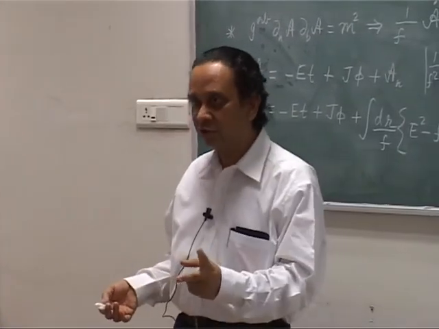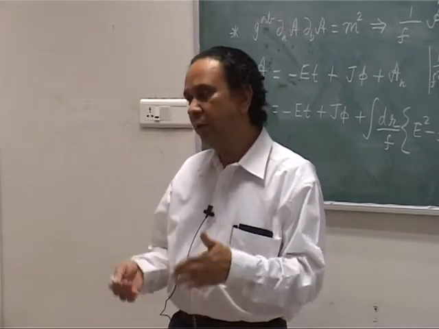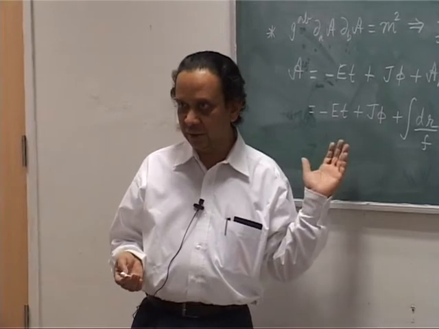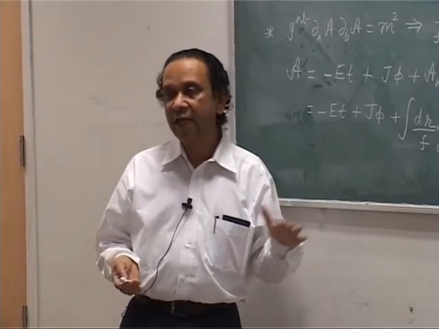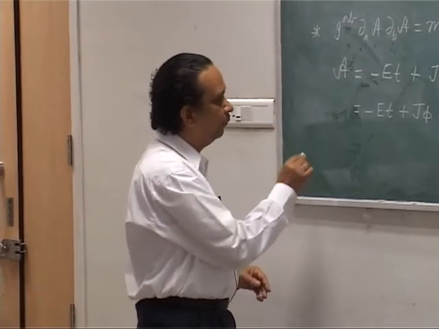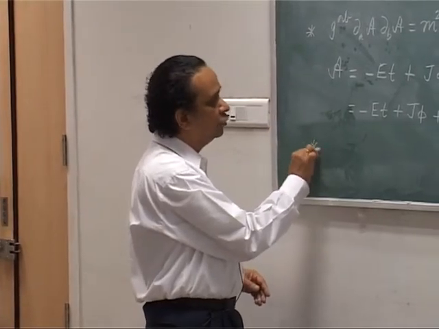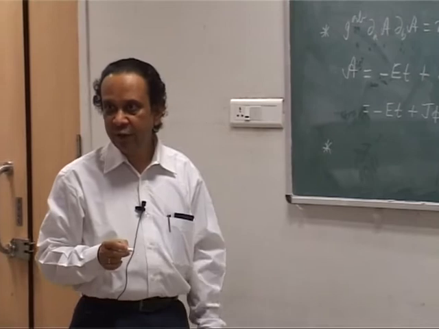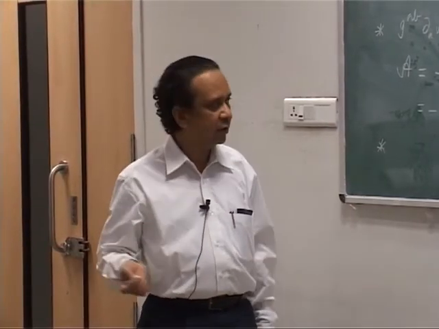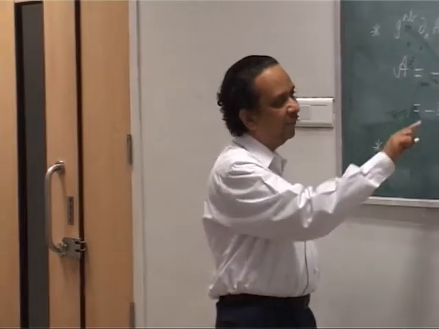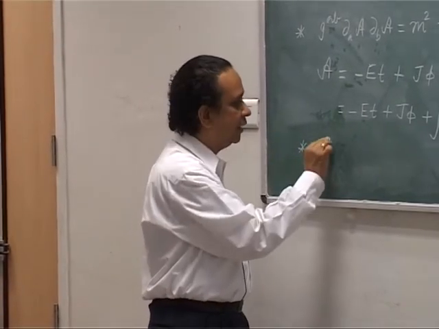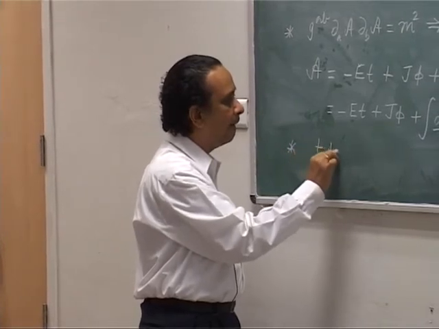Now you have introduced two constants E and J. So your next step is to take the derivatives of this Hamilton-Jacobi function with respect to those constants and equate it to new constants. So let us first do it for E. So you are supposed to differentiate this expression with respect to E and equate it to a constant, and let us call that constant some T naught. So when I first differentiate, this will pick up a minus T, bring it to the other side. So I get T plus T naught